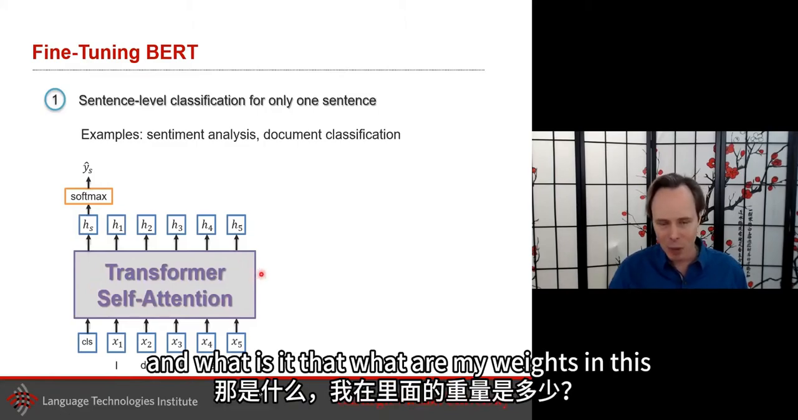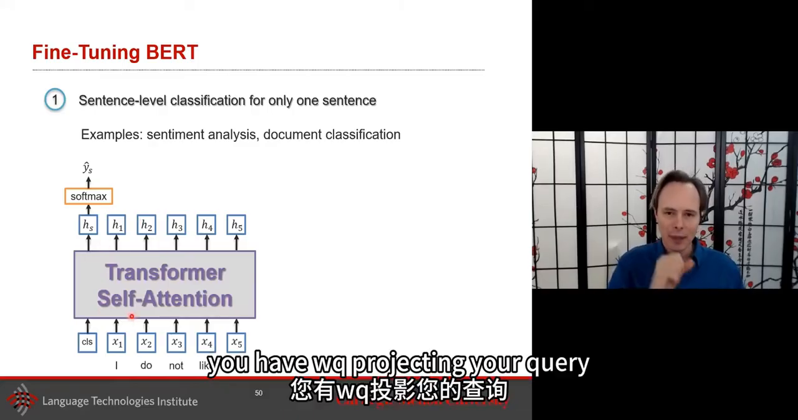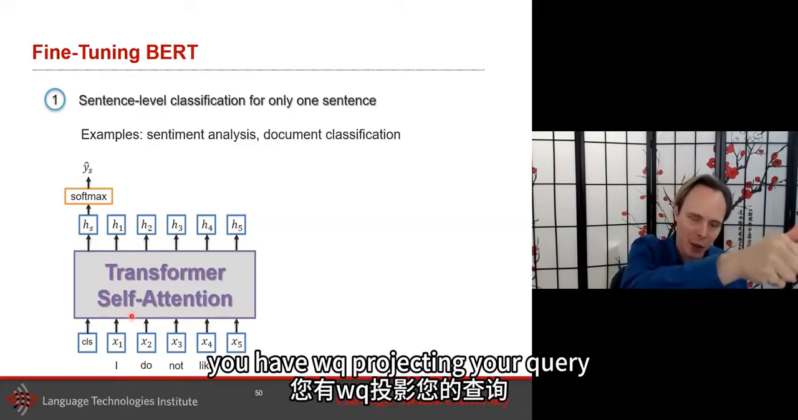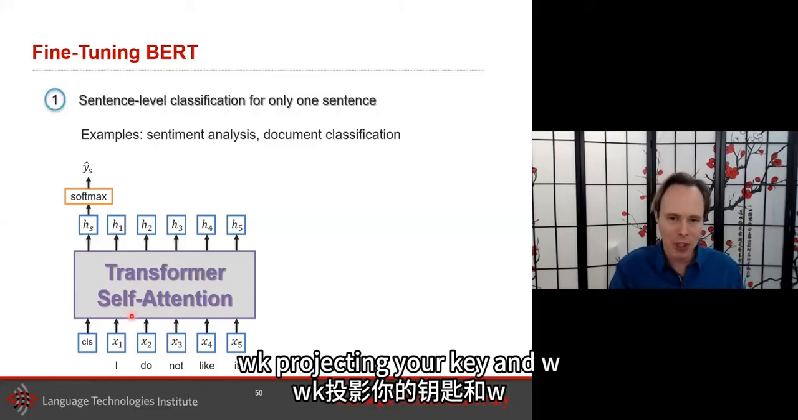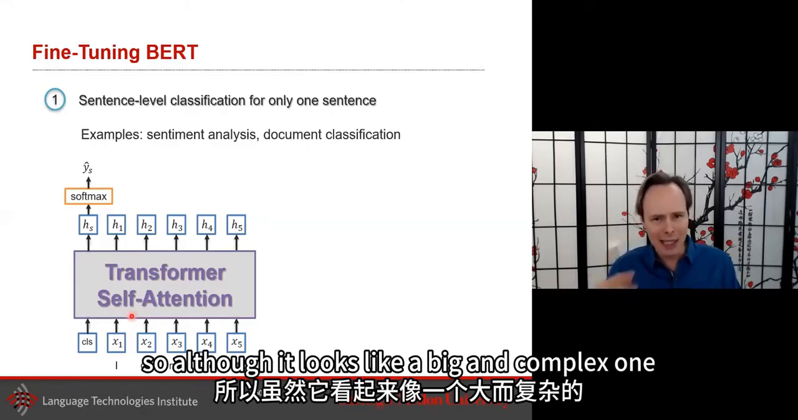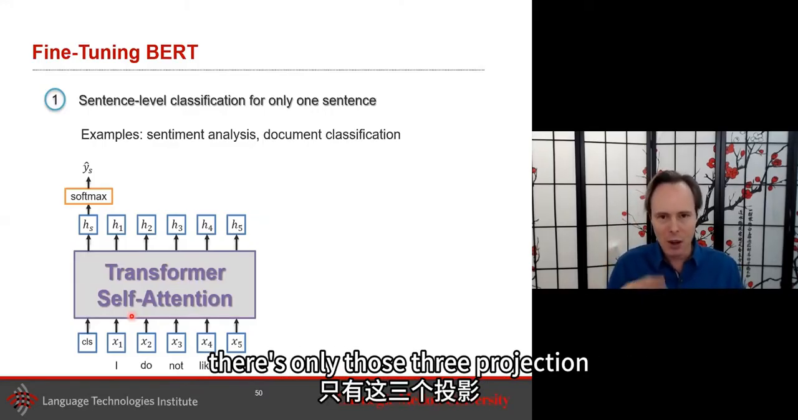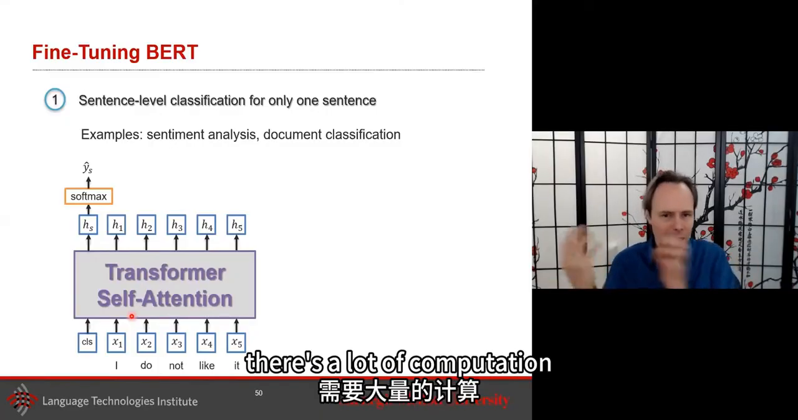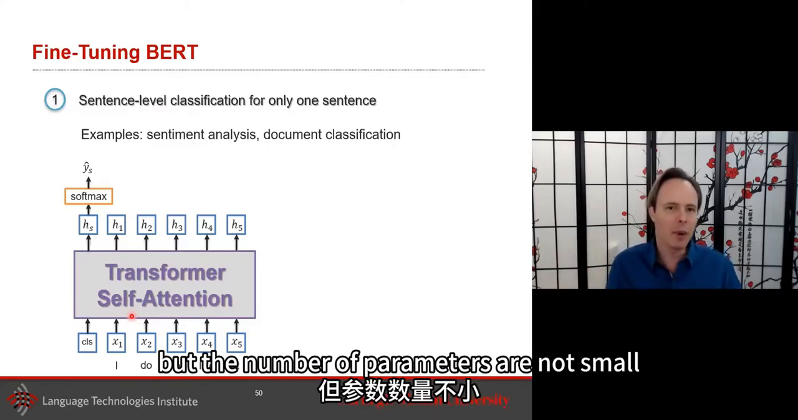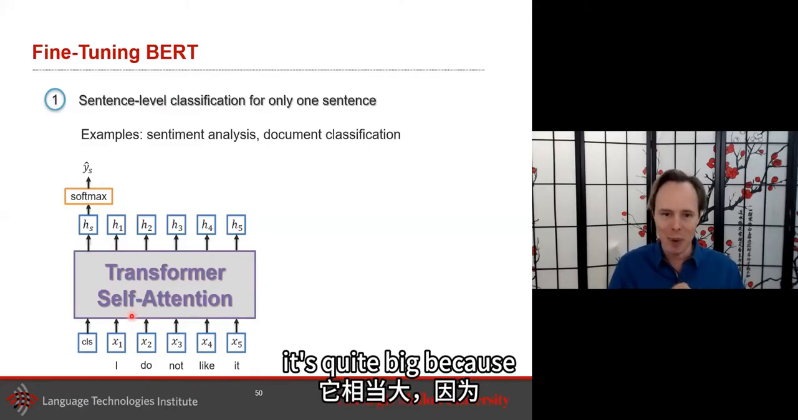And what are my weights in this? You have WQ projecting your query, WK projecting your key, and WV. So although it looks like a big and complex model, there are only those 3 projection matrices. There's a lot of computation, but the number of parameters is not small. It's quite big because